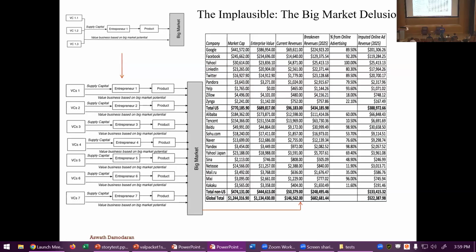This is a side story here about what happens when you find a really big market. Call it the big market delusion. Let's suppose that a big market opens up. Like what? China in its early days, AI now, .com in the 1990s. It's a big market, right? It's beckoning, saying, come on in. You're an entrepreneur. You see this big market. You want to start a business.